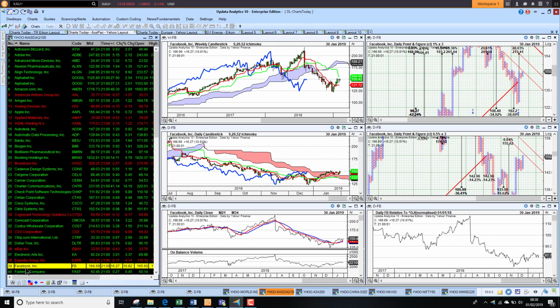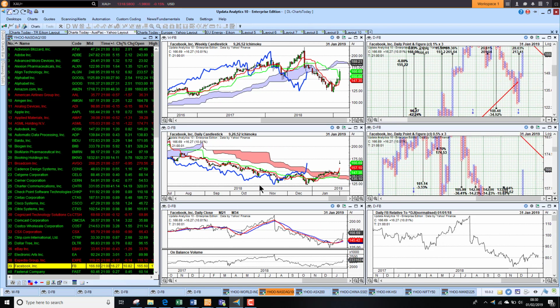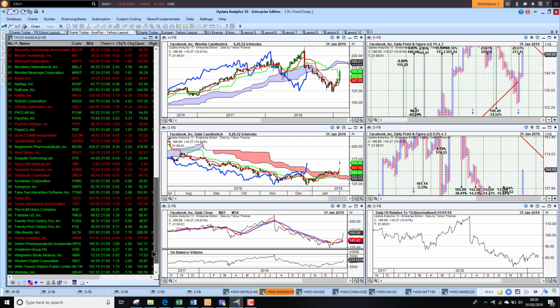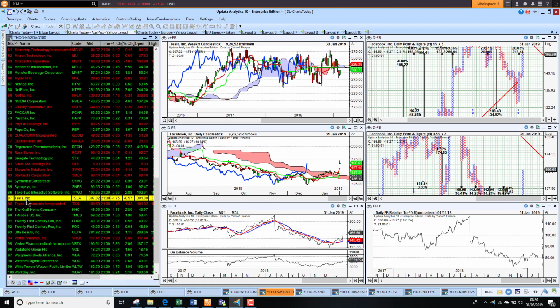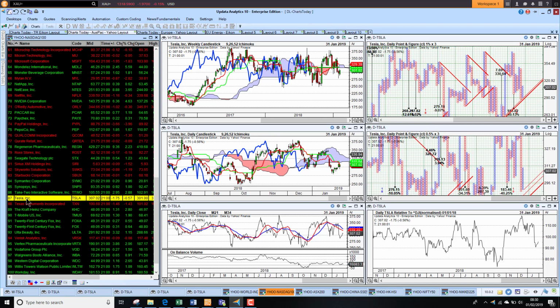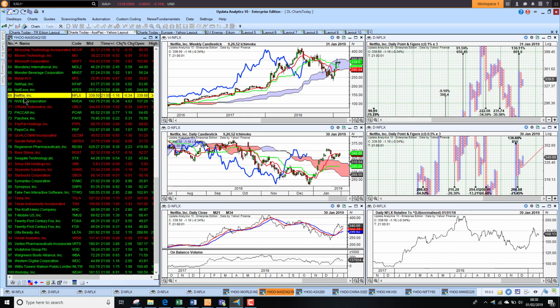Facebook was up a massive 10% after their results, so that's really put them back in the game, unwinding some of the downside targets that we've seen on Facebook. So it'll be interesting to see. We're seeing a recovery in the medium-term chart here, so that's quite interesting to see. Looking at some of the other stocks, Tesla were down 0.5%. They continue to just struggle, and Netflix down 0.3%, but still looking pretty good on the medium and long-term charts.